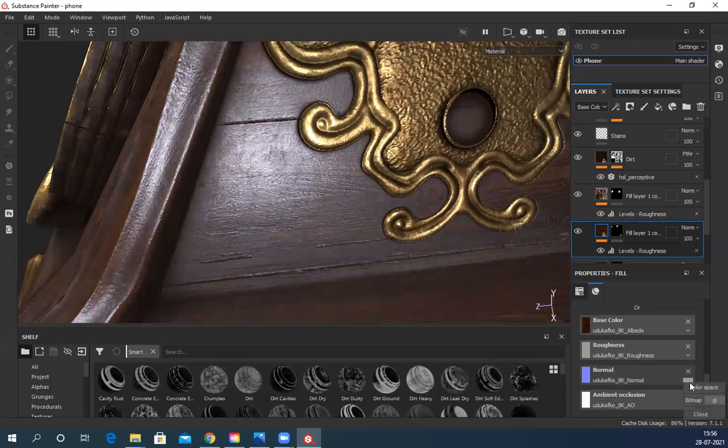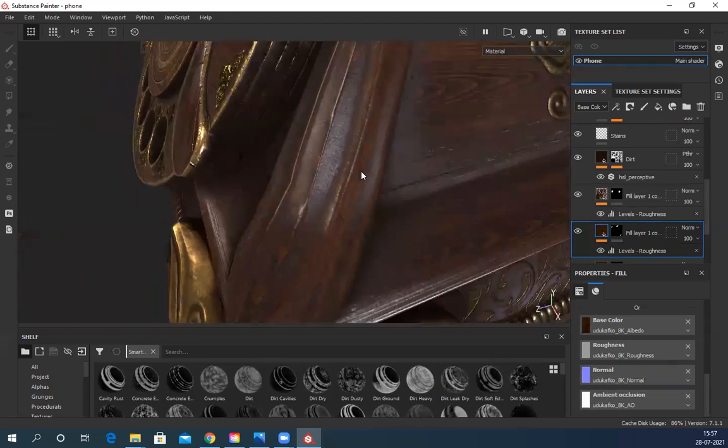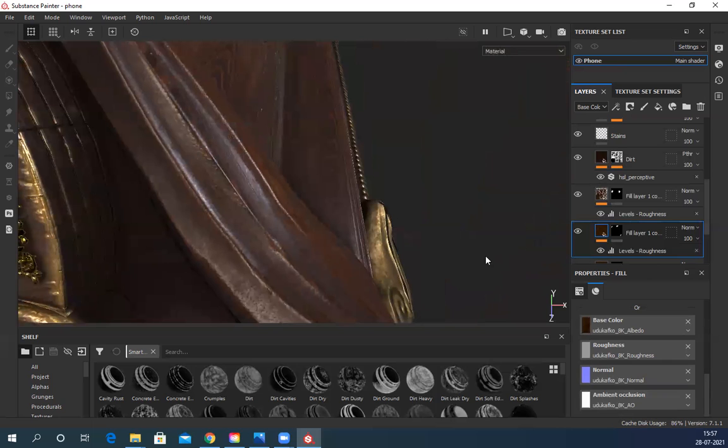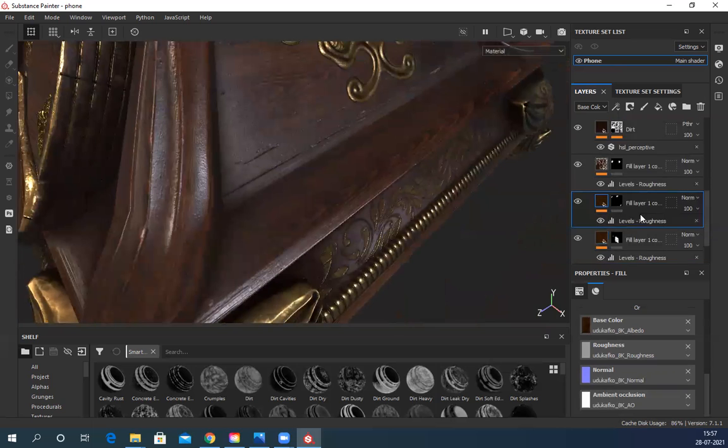It looks inverted. Oh, this is for this section. Yeah, this is much better. Yes, OpenGL only.